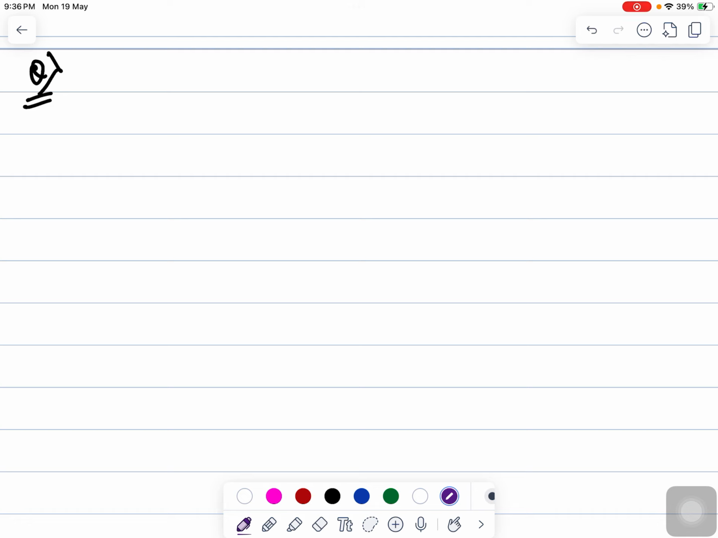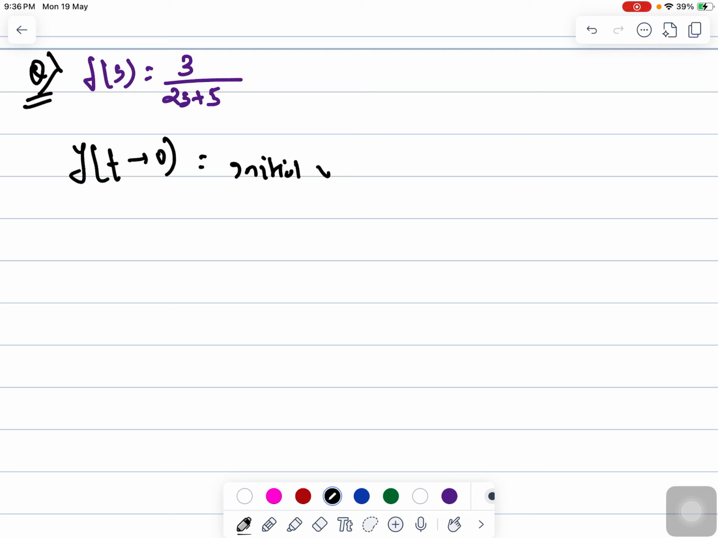So first, let's say we have a function F(s) that is equal to 3 divided by 2s plus 5. We have this function and we are supposed to calculate the response y t tending to 0, so that is the initial value, right? So how can we calculate it? If I am using the initial value theorem,